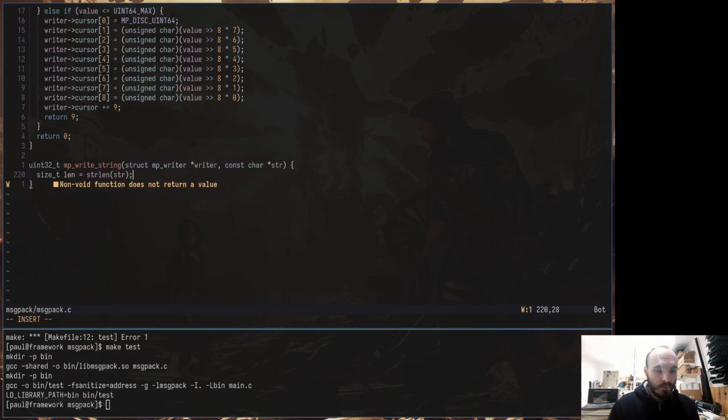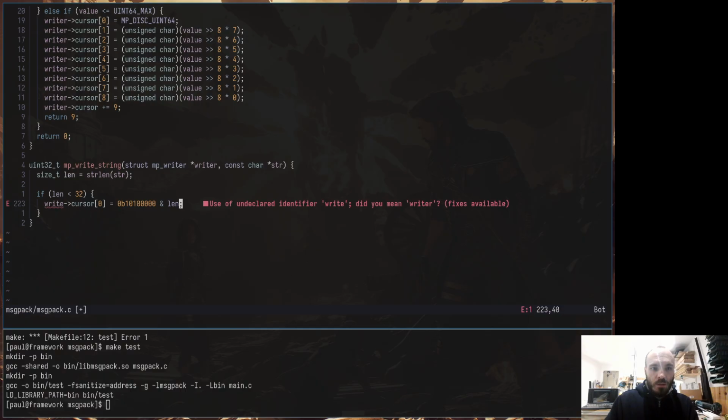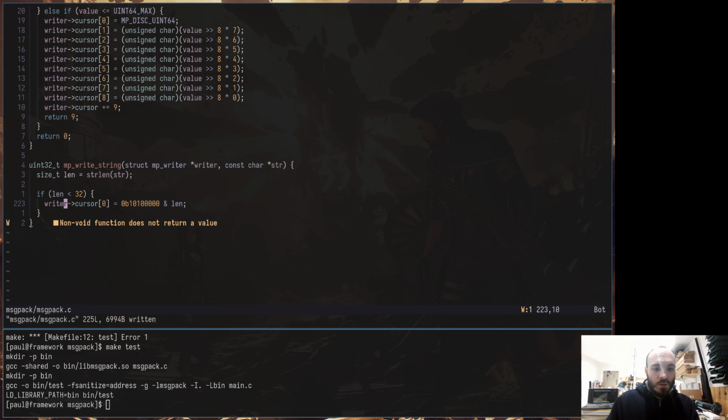But let's just not worry about that right now. If len is smaller than 32, then you can fit in the first one, in which case writer at cursor 0 is 0b101 followed by 5 bits, and length. I don't know why I can't write writer for some reason. Writer